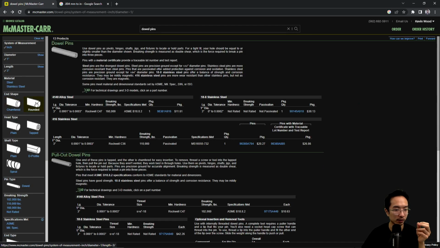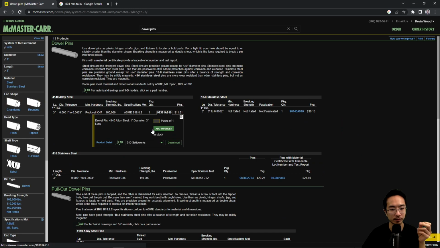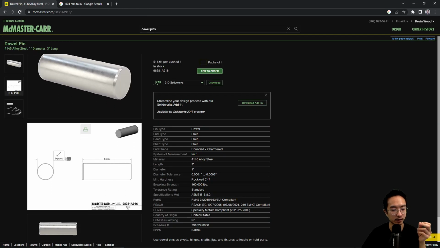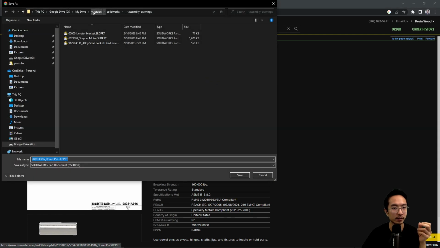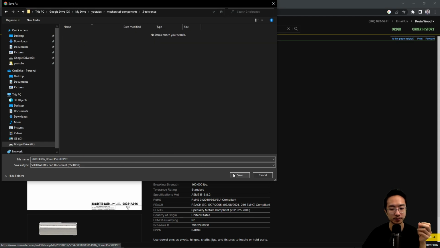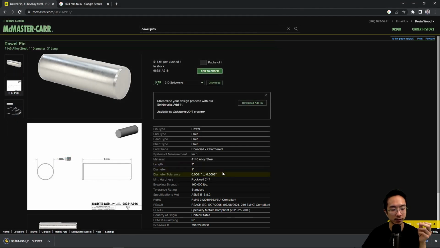Let's just choose a longer dowel. You can see this is about the same tolerance. So we're going to download this, and we're going to put it in our tolerancing. This is not as oversized as we talked about in our video, but the same concept will